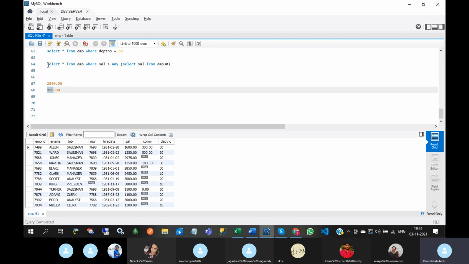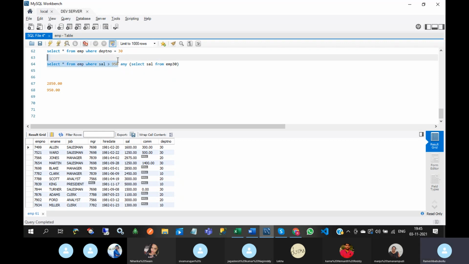Okay, so if you write a query like this, what will it do? What is the minimum salary of the inner query? It will take that salary 950 and execute select star from employee where salary greater than 950. So it will assume like this.